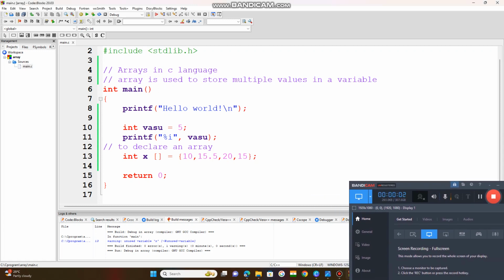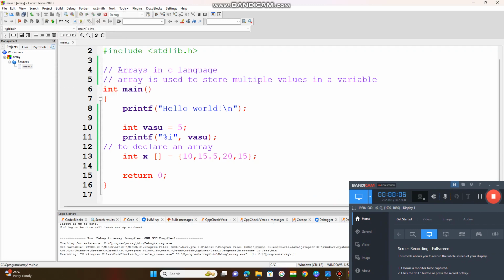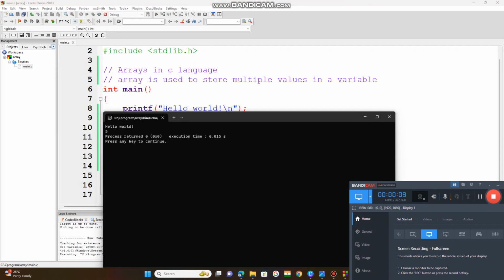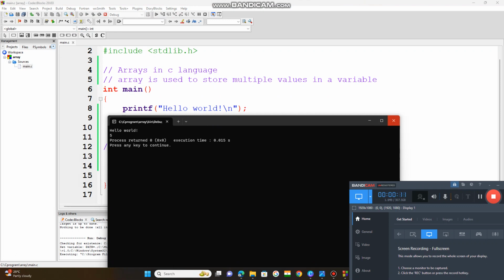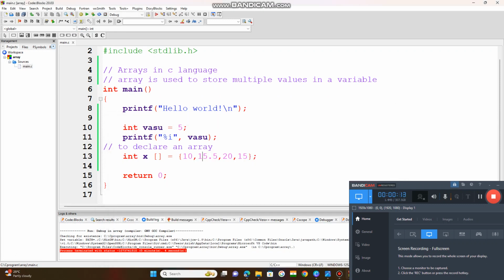So it is accepting whenever I run this code, build and run. So it is being executed, but I need to check back, because I have declared it as an integer, and I have stored one float number also. Let us check that. If I want to access these numbers, all these values,